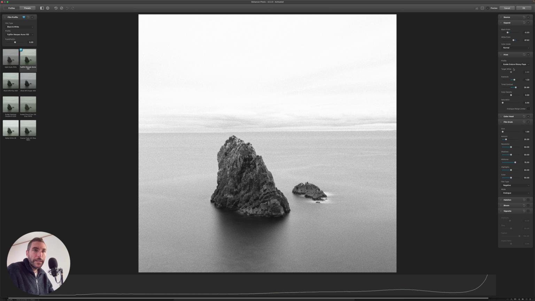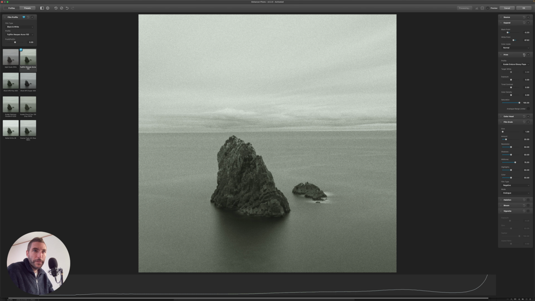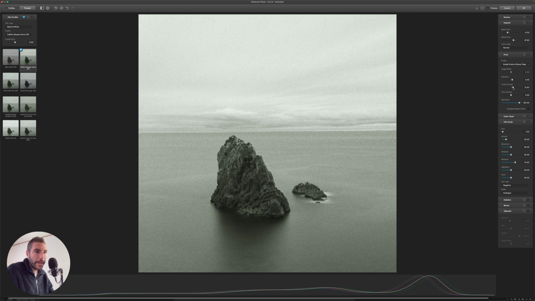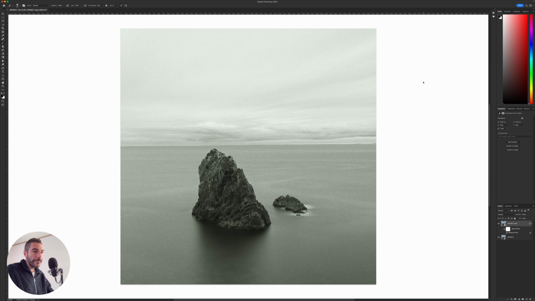As you can see here, I changed something in the print. So if I just reset this, it's going to look much better. And I'm just going to bring it up to something that looks a little bit better to my eye, something like this. I'm going to say OK. And as you see, the plugin is just going to be updated on the fly on my smart object, which is really powerful.